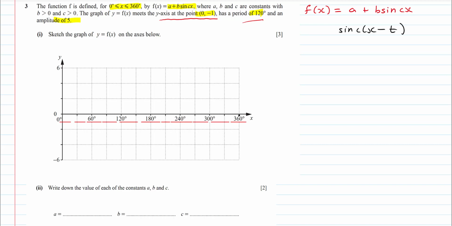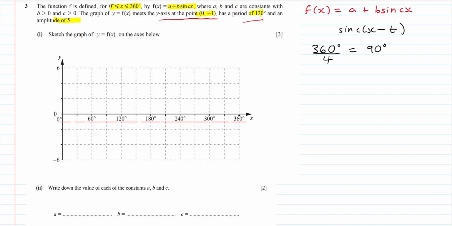So to find that out, we had our period, which was 360 degrees, and if we divide that by 4, well, that gives us our first maximum point, which is 90 degrees. And then if we add another 90 degrees, so at 180 degrees, that's where it's going to cut the principal axis again. And our minimum will be at 270 degrees,